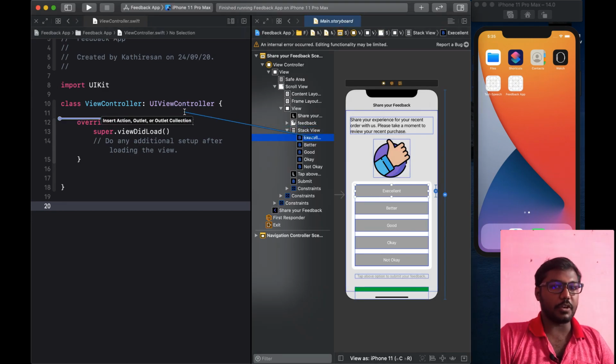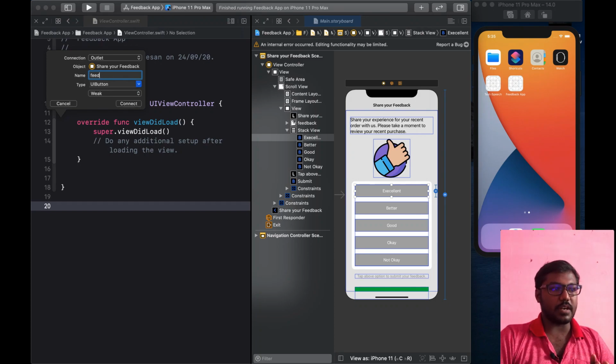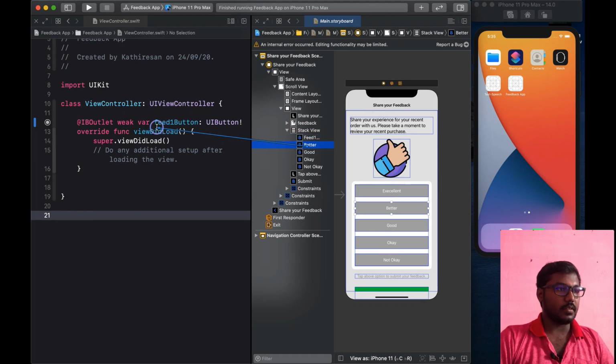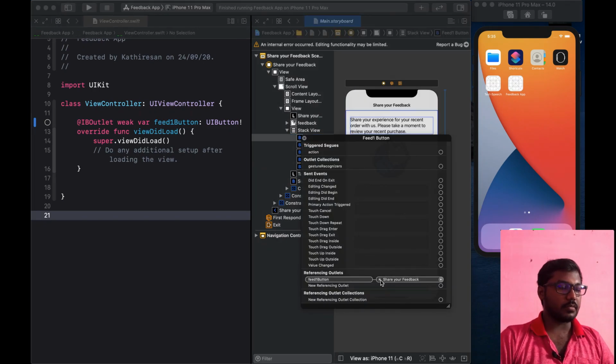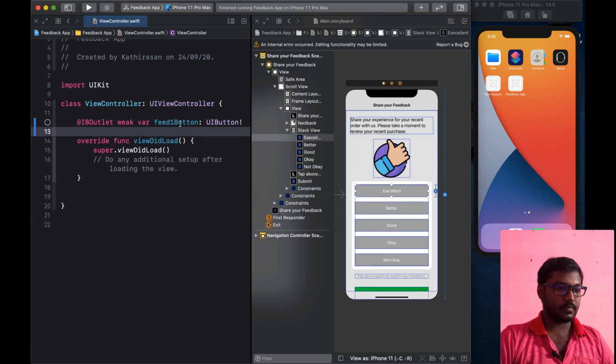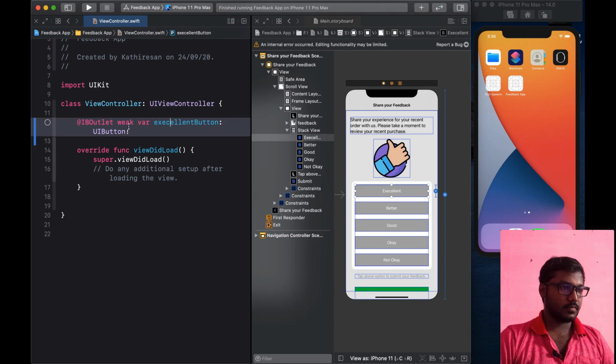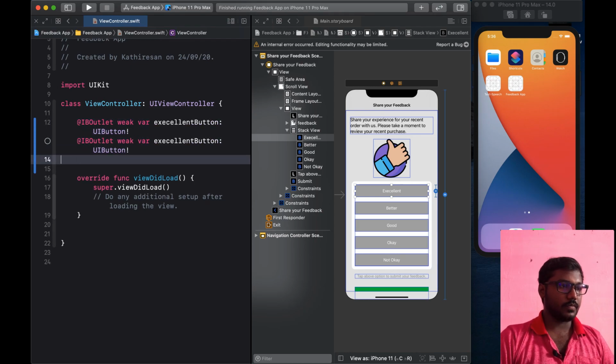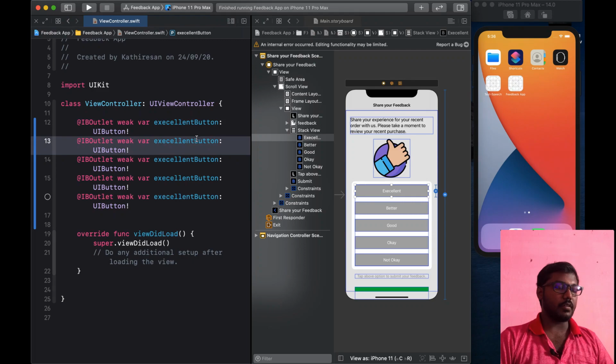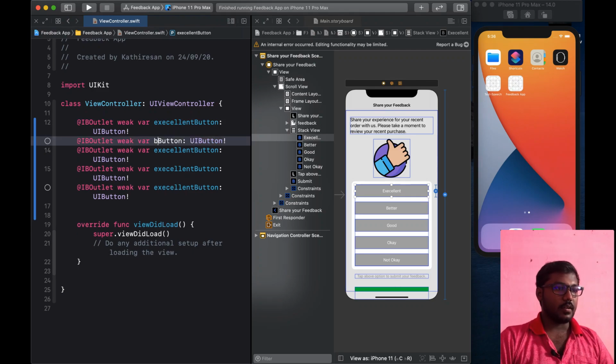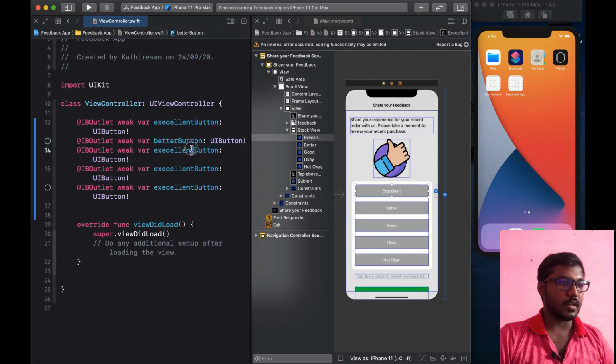Here we are going to add the IBOutlet for each button, like the excellent button. This is not a good title for the button, so I am going to change the feed one button to excellent button. Then I copy the IBOutlet variable and paste it 4 times, and I change the